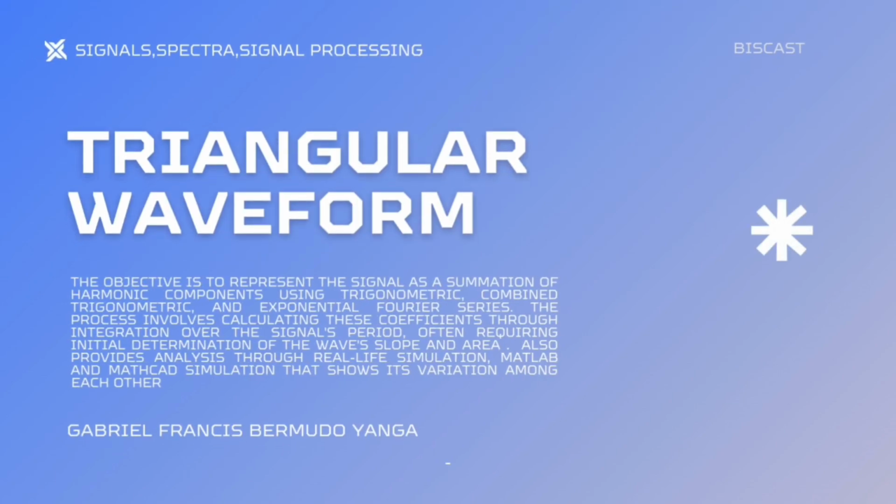Signals, spectra, signal processing. Triangular waveform. The objective is to represent the signal as a summation of harmonic components using trigonometric, combined trigonometric, and exponential Fourier